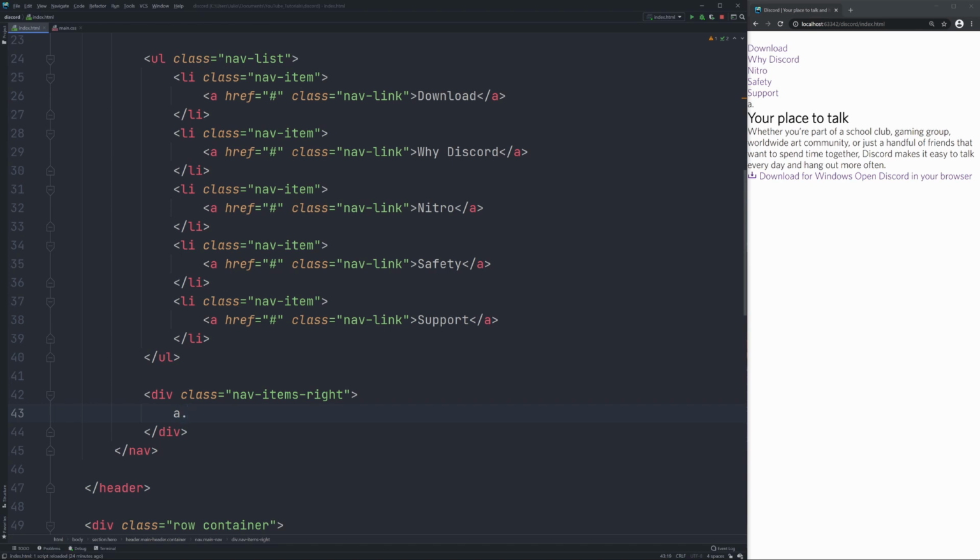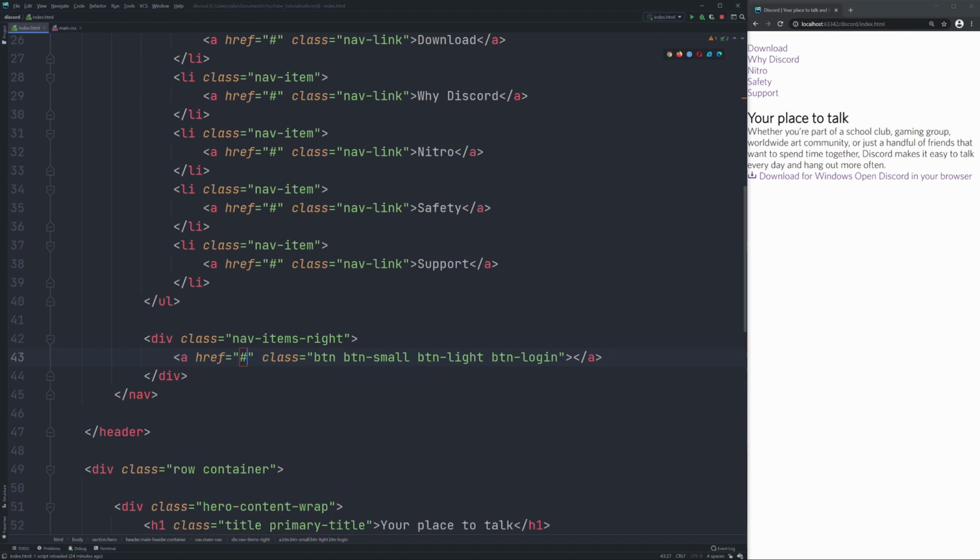So the login button here is going to be an anchor tag with the class of btn, the class of btn small, the class of btn light, and the class of btn login. And I know what you're thinking, that's a lot of classes, but it's pretty helpful because this way I can